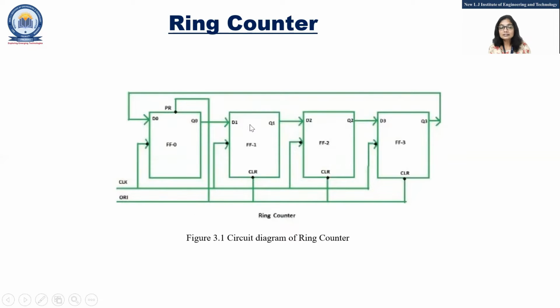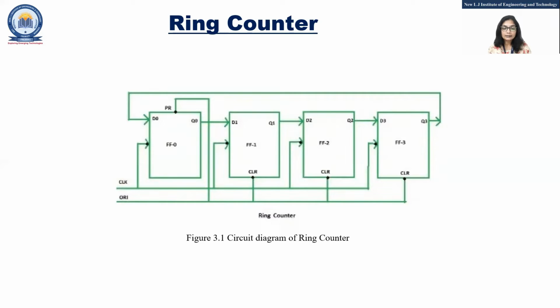So what is the difference now? This shift register we are using as it is, but what are the changes we are doing here? First, that we are giving ORI, overriding signal. What is that? Here you can see the same signal I am applying to PR, and same signal I am applying here to clear input, CLR input. So in first flip-flop, I am giving PR is equal to this ORI signal. And this is what dot indicates, this bubble indicates.